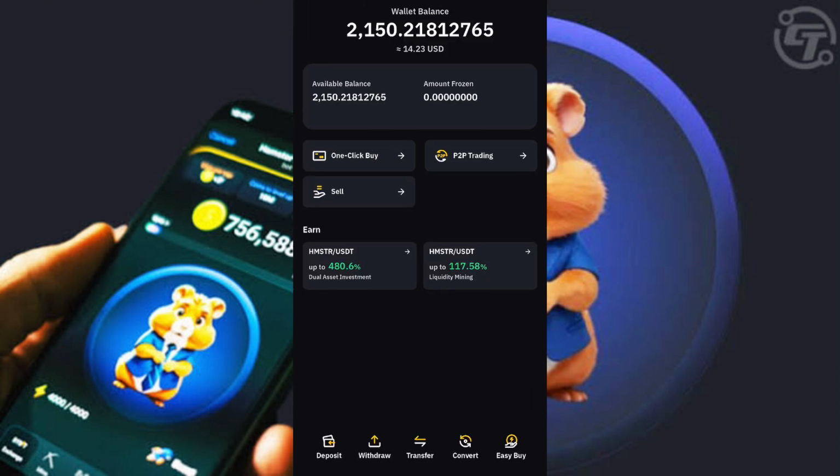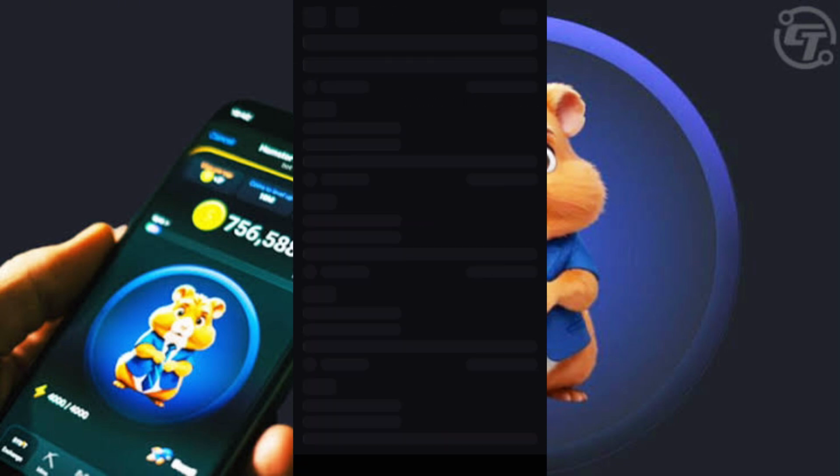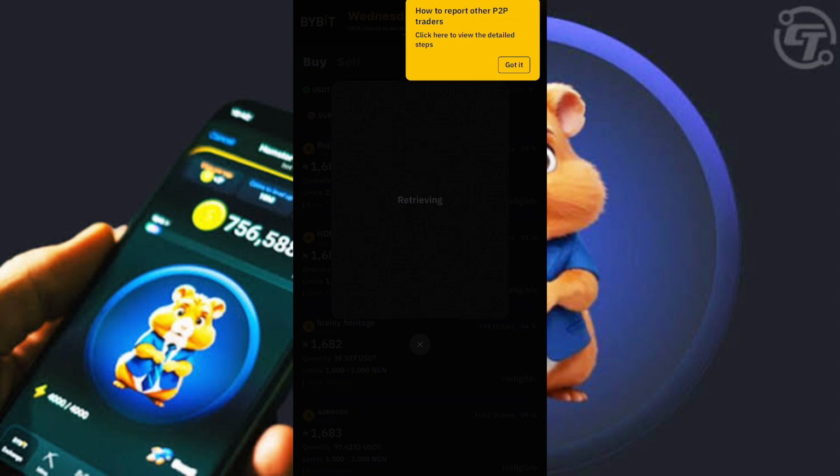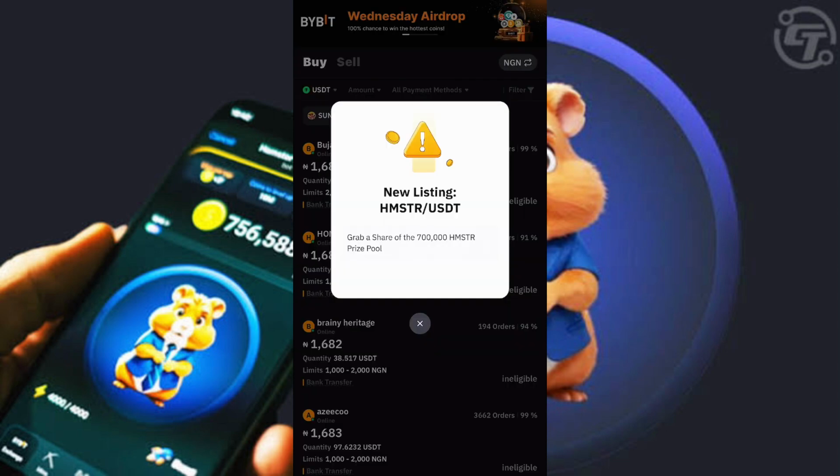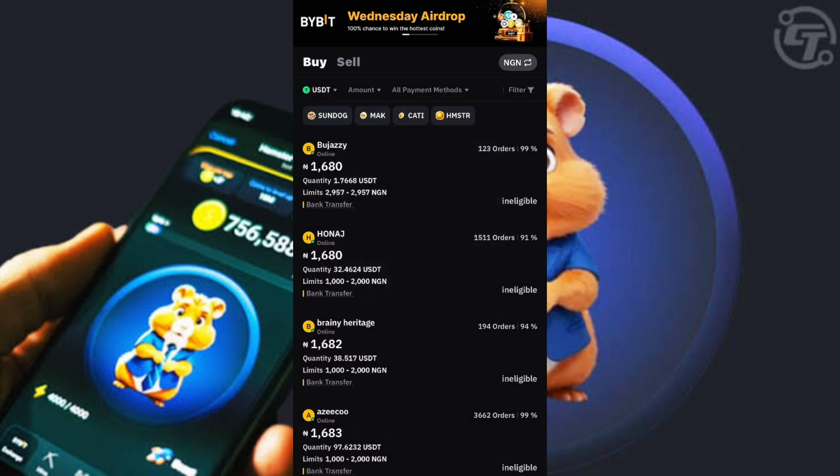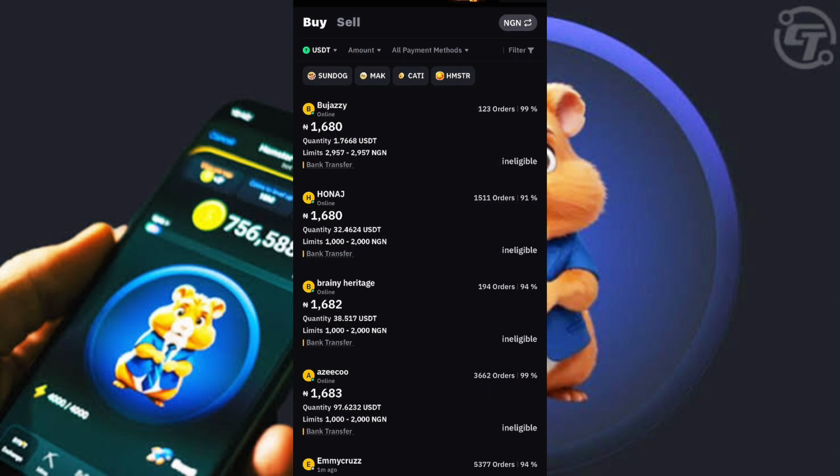Once you click on your Hamster Kombat, it's going to take you to this place. You can see One click buy, P2P trading, then Sell. So we are going to click on P2P trading. The P2P trading is going to help us see people's ads that are ready to sell or ready to buy from you. So that is what they are saying, new listing Hamster/USDT. All right, so here are people who